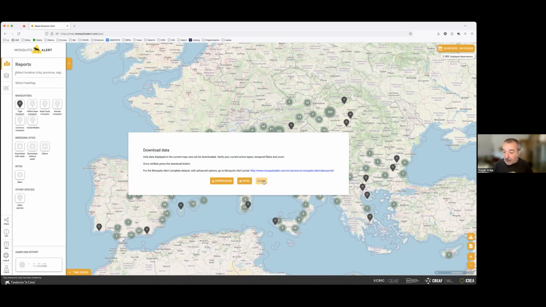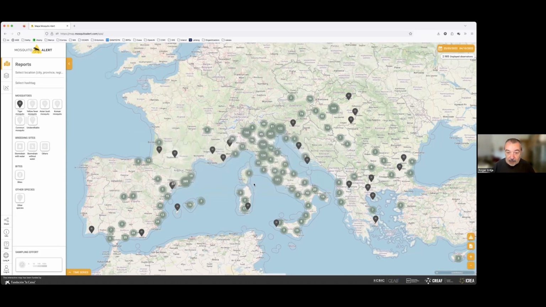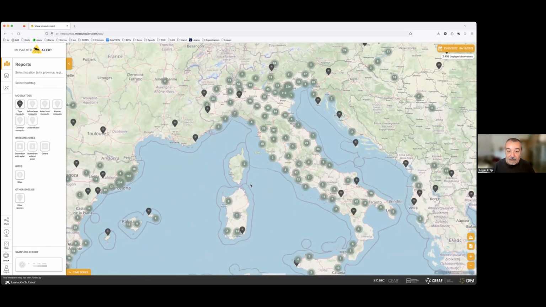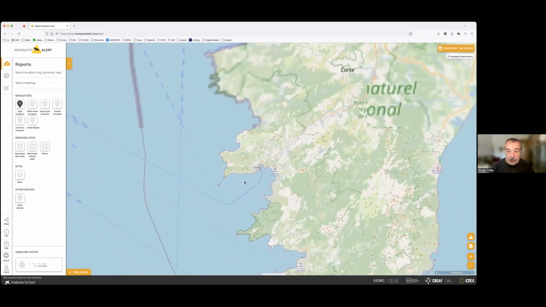And also you can get a complete list of reports. Well, the list of observations is still limited to 300, so we cannot get that many. But if we want, we go to a smaller area,